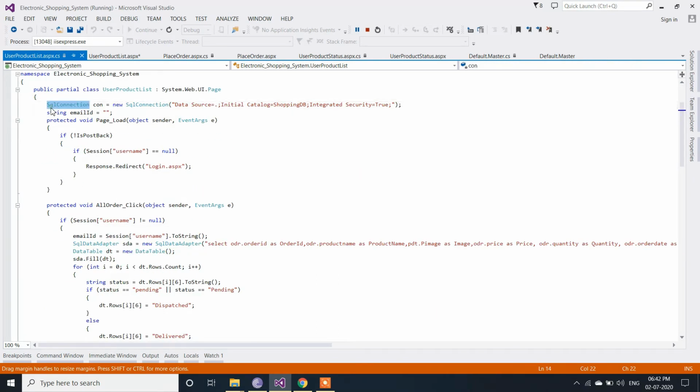First of all I've taken a SqlConnection class, and inside that I've given the SQL connection. Let's take three parameters: data source, initial catalog, and integrated security, that is true. Initial catalog is our database name, ShoppingDB is our database name, and data source is our server name which is used in our SQL Server.